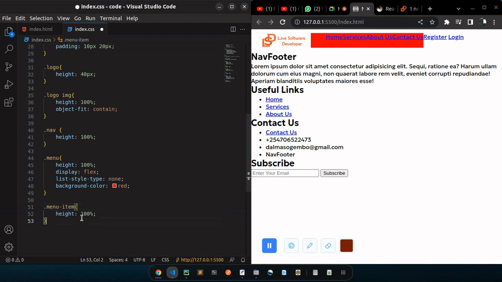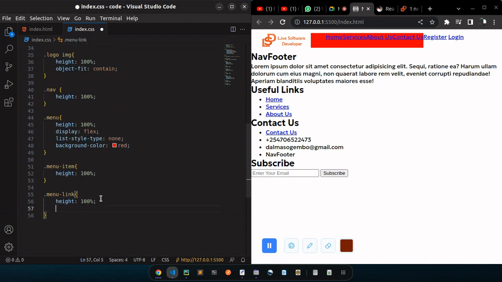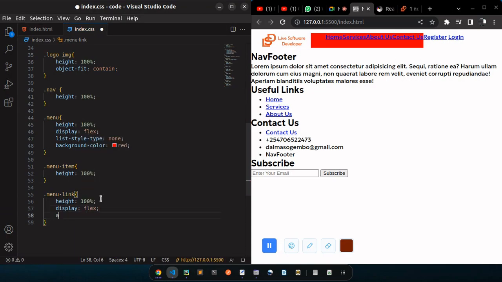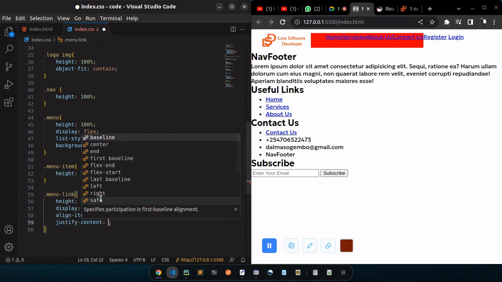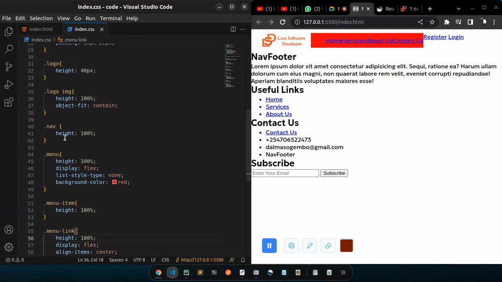Get rid of that from there. I'm going to do a .menu-link candle, then set the display to flex, align items to the center, and justify content to the center. So the menus will be aligned at the center, or the links will be aligned at the center. And after doing that, I'm going to go to my nav here,